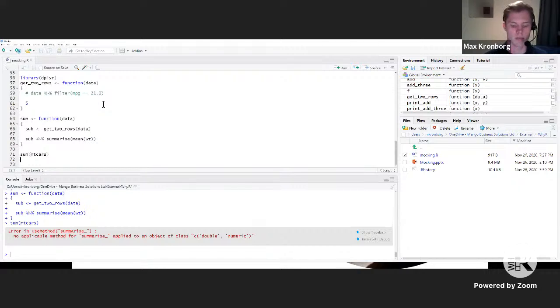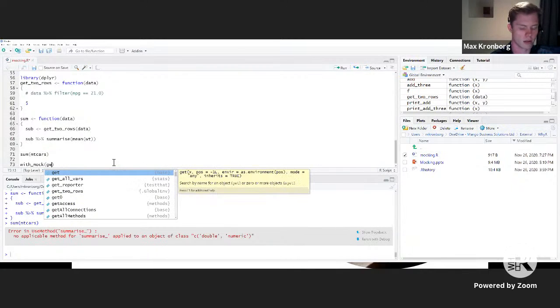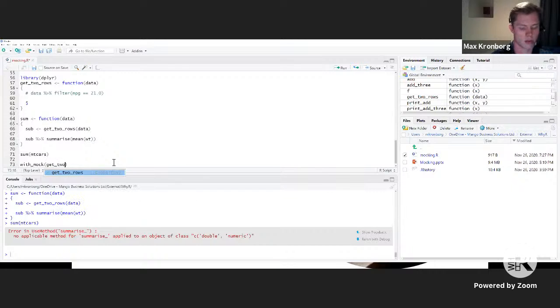So the real way to unit test this would be to stub out, or to mock out the get2rows function. So just based on what we've done previously, that's fairly simple. We're going to use with mock, and we're going to mock out get2rows. It's going to be a function.